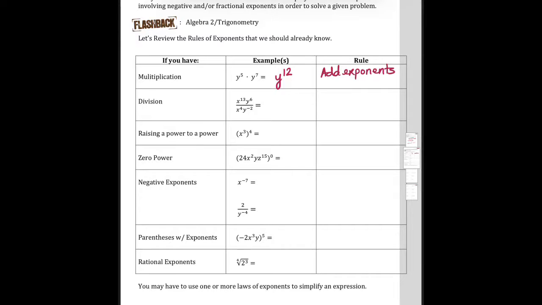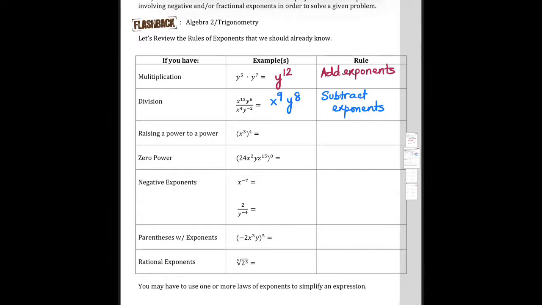If your bases are same, you're going to subtract the exponents. So what happens? You're left with x to the 13 minus 4 is 9 and 6 minus negative 2 is 8. So y to the 8. So what do you do? You're going to write subtract exponents,